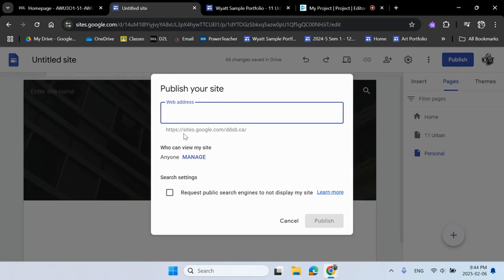So it's going to be sites.google.com/ddsb.ca/ and then you're going to name it. And again, we represent the DDSB. This is a professional website, so it should have a professional name. So I would put something like your name,